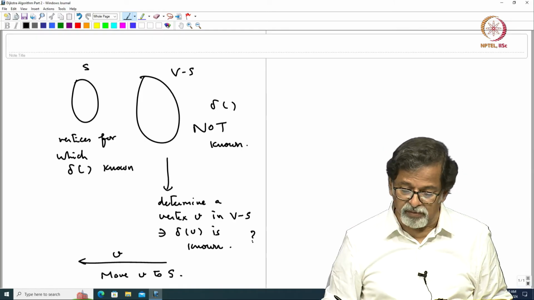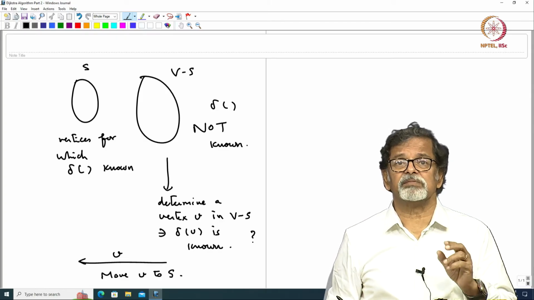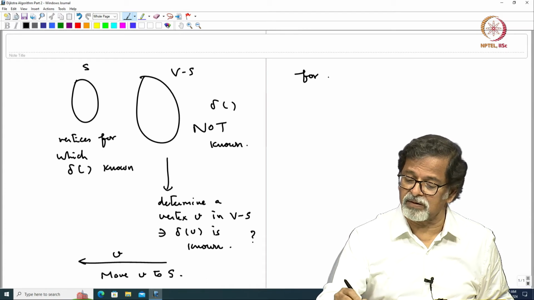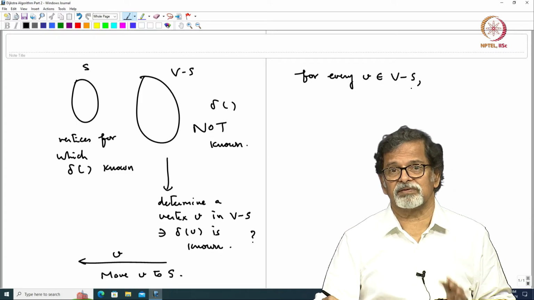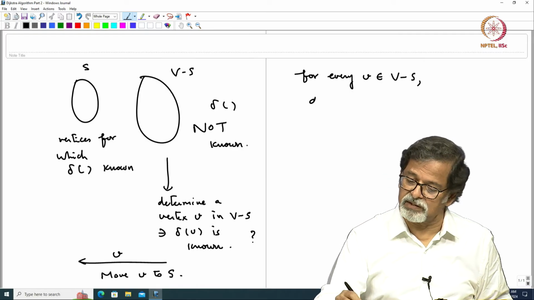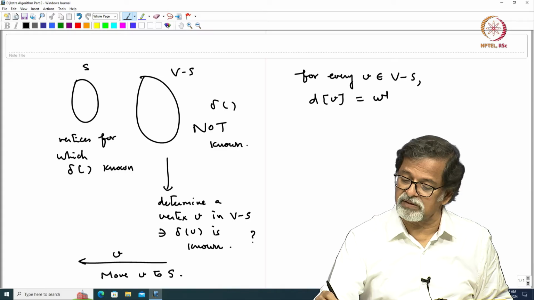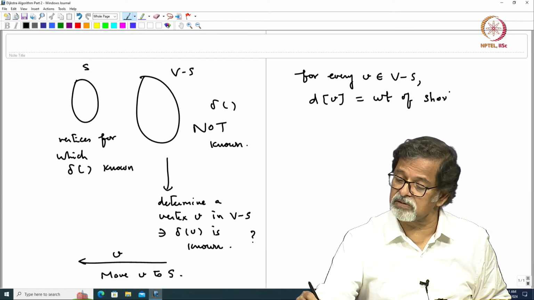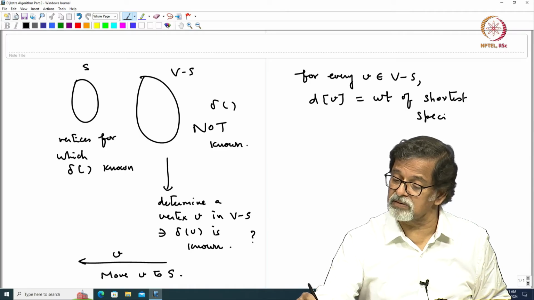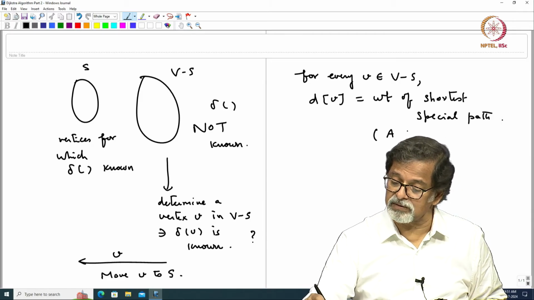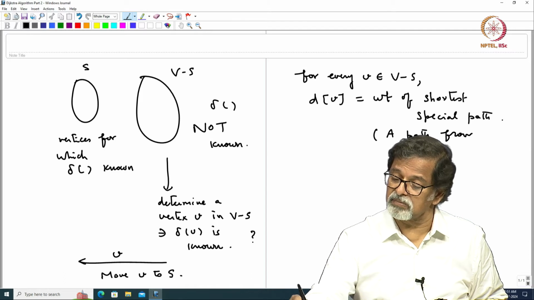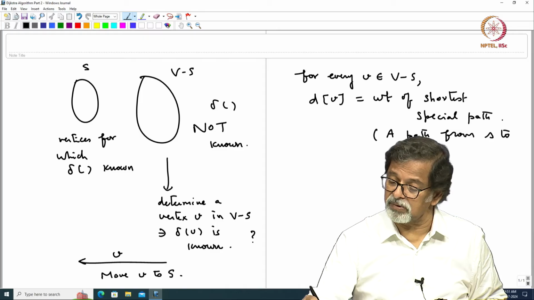So, how do we determine the vertex in V minus S? For every V belonging to V minus S, we maintain two pieces of information. The first one is d of V, which is the weight of the shortest special path. What we mean by special path is a path from S to V with all vertices other than V